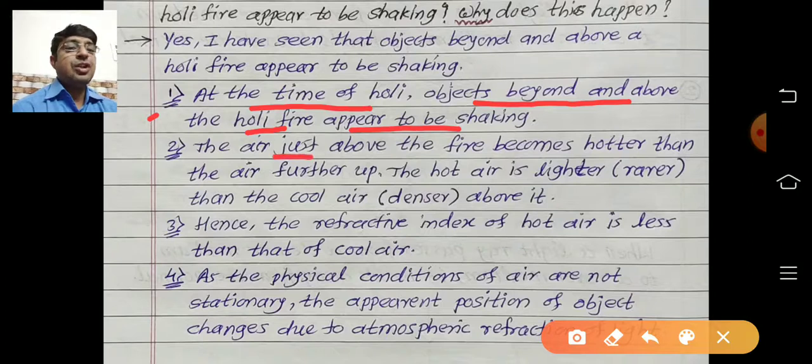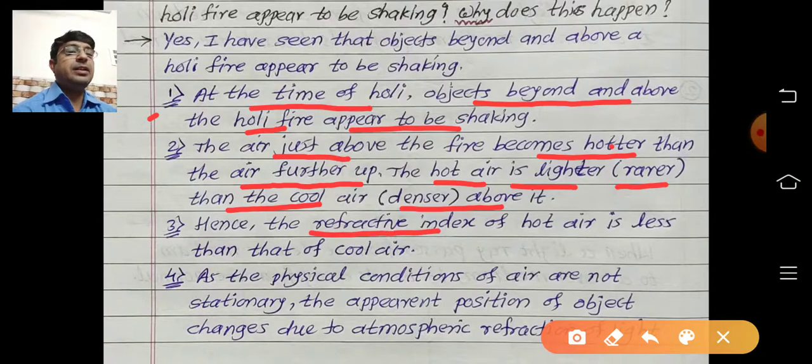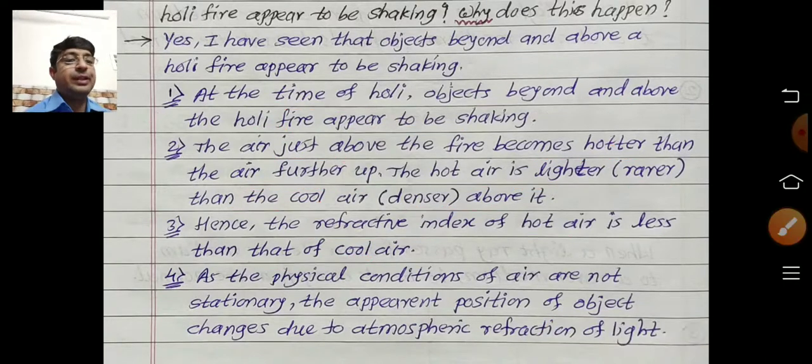The air just above the fire becomes hotter than the air further up. The hot air is lighter, underline that, meaning rarer than the cool air. Cool air is called denser, above it. Hence, the refractive index of hot air is less than that of cool air. And last point,